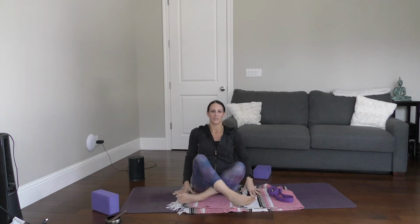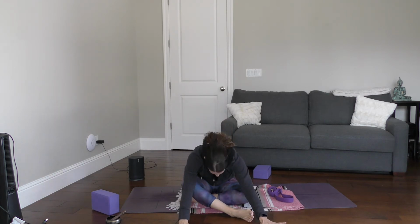Okay, great job. All right, so now just cross those legs in front. Do Sukhasana, easy pose, and walk those fingertips forward. Okay, inhale, walking up. We're going to move our position into hero's pose. And what I recommend for hero's pose